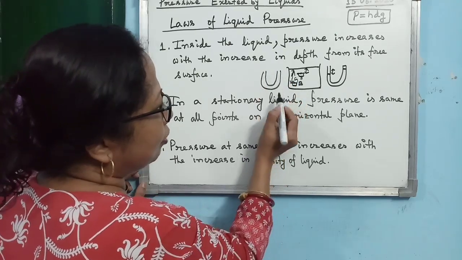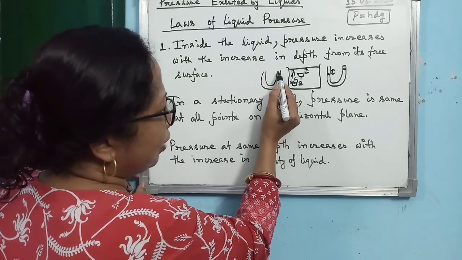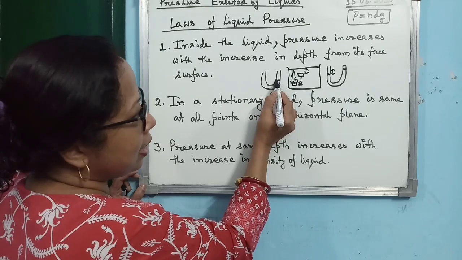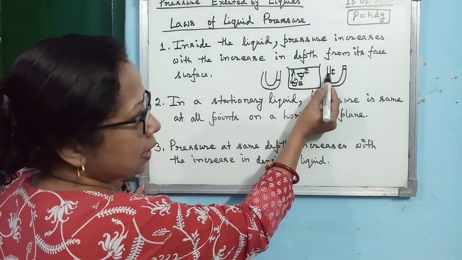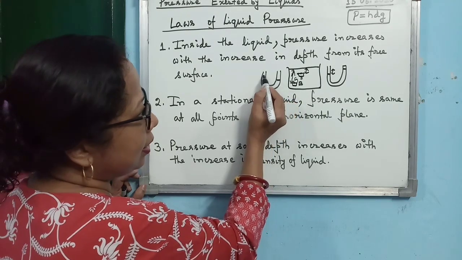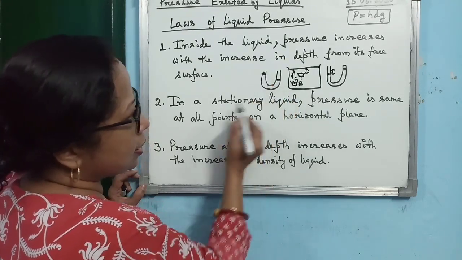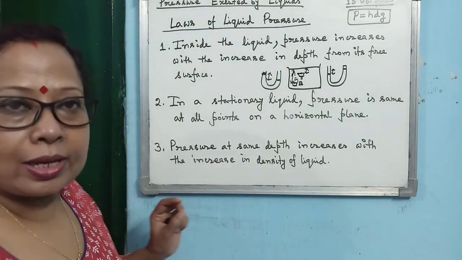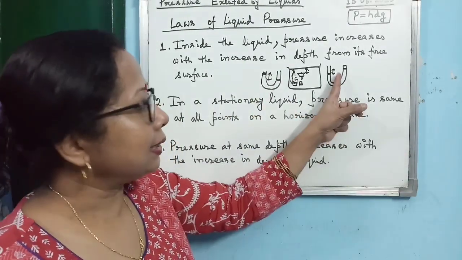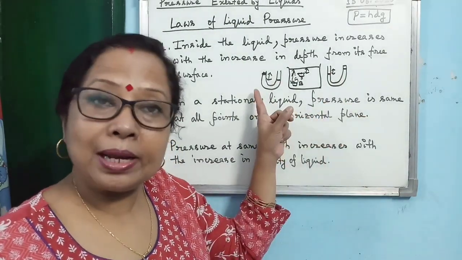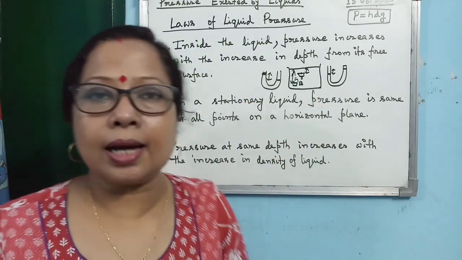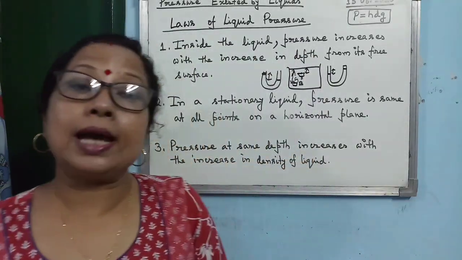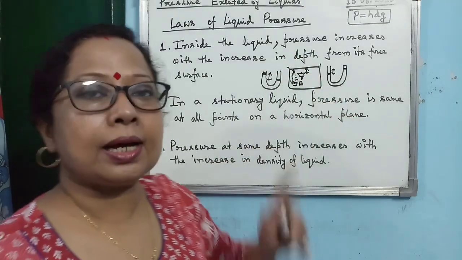Then what you will observe is that the level of mercury on this side will decrease more than this. You see here, it was here, so it will come here, whereas this one will increase more. What I mean to say is, the difference between the two levels of mercury in the two arms will be more than in this case. Is that clear? What does it mean? Pressure increases with the increase in depth. I hope it is clear to everybody. So with the help of a manometer, one can verify the first law.